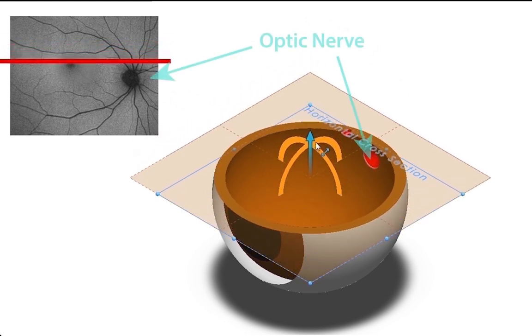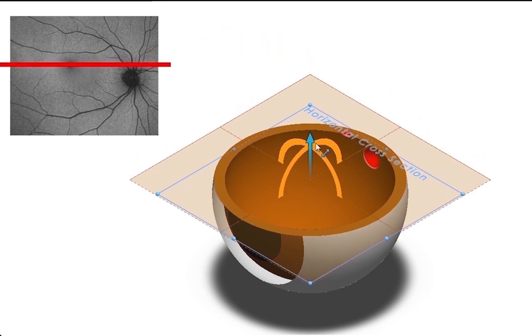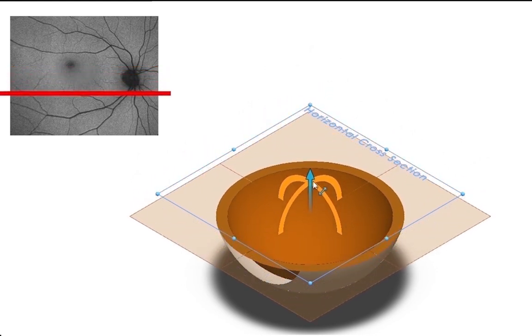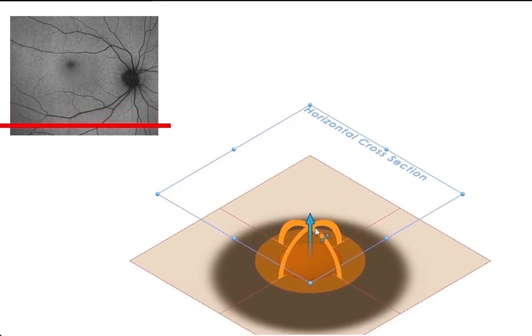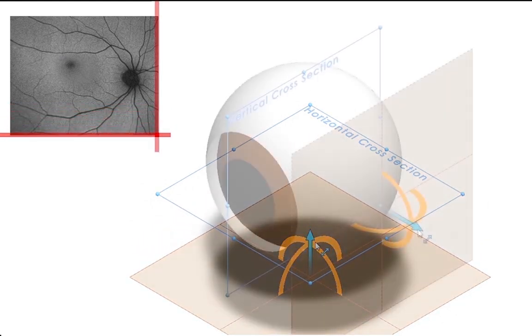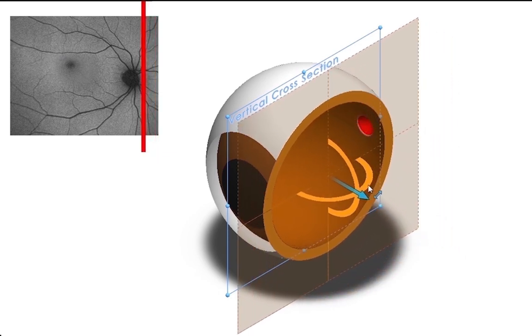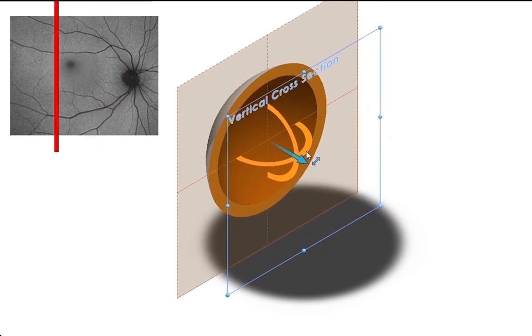You will notice that there are two divots in the 3D eye, the larger one for the optic nerve and the smaller one for the macula. You can see that the divots in the 3D eye correspond to the dark spots on the 2D image of the eye, as well as the dips in the tomograms. This information is how the machine will determine where to initially place the crosshairs on both the optic nerve and macula. Analogously, as the vertical cross-section moves from right to left, you are moving in the negative x direction on